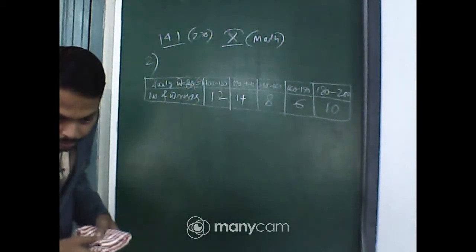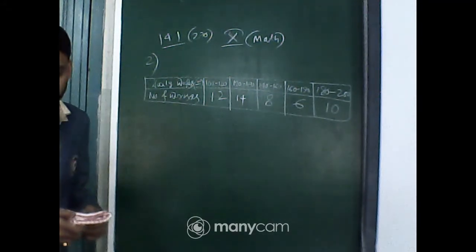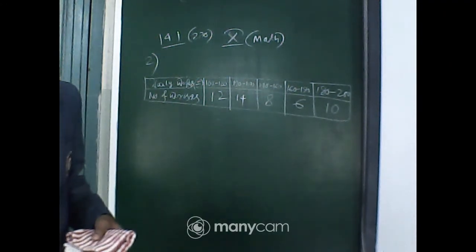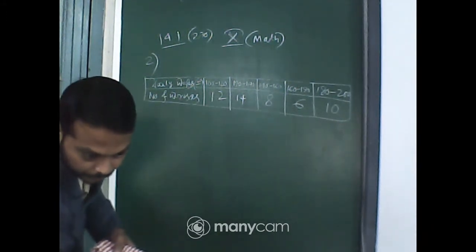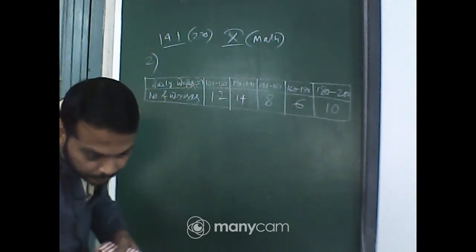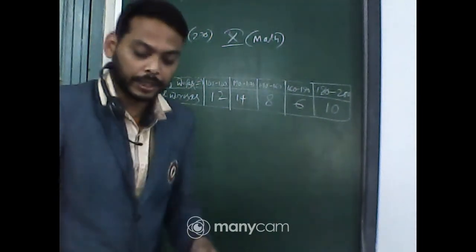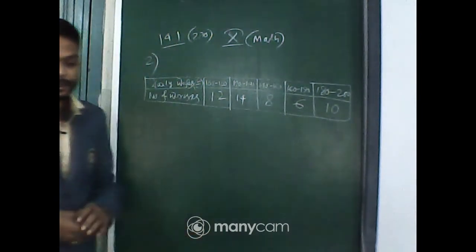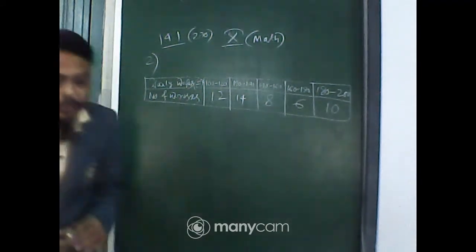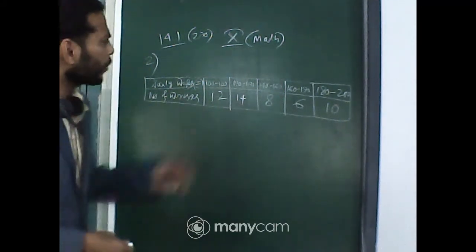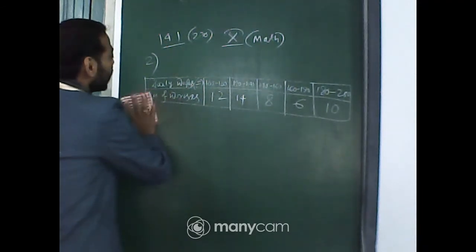But sir, step deviation is omitted from our syllabus, isn't it? Okay, once wait, I am checking. Do one problem with step deviation method, then I am checking the syllabus again. Yes, assumed mean method is also available, no problem. So just do one problem with step deviation method, then I am checking the syllabus. I am erasing this data.